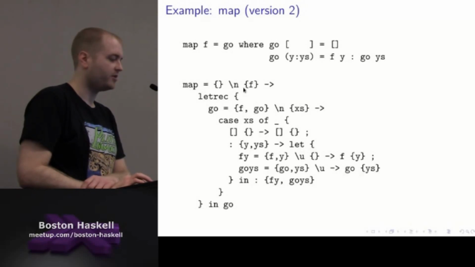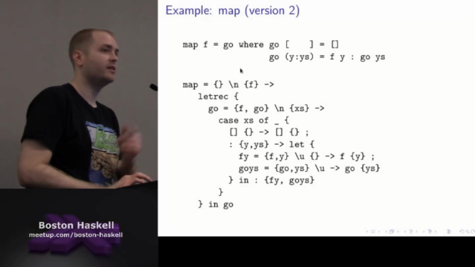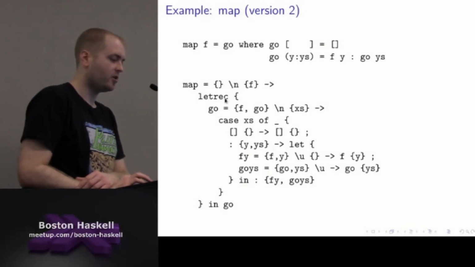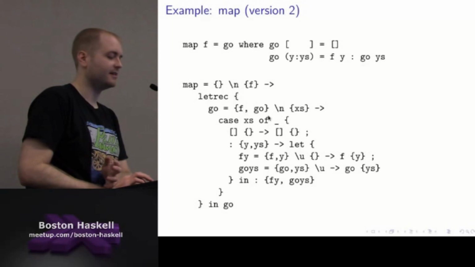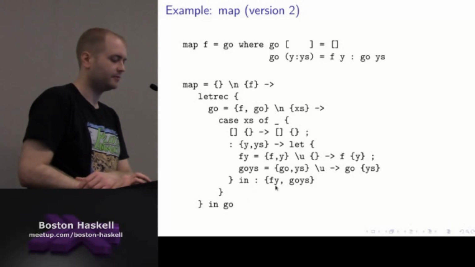Map is a function that takes one argument, and then we have to use letrec now because go is a recursive function, and go captures f and itself because it's a local variable. So it has to say that it captures a reference to itself. And it takes one argument, does the same case analysis, and then this stuff is pretty similar to the other thing. It builds two update closures, one with f applied to y and the other with go applied to the rest of the list,